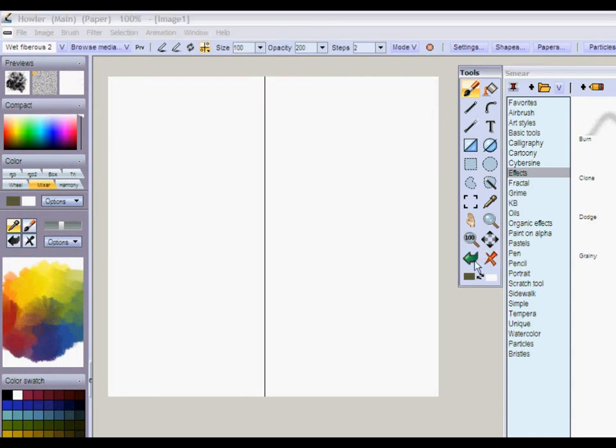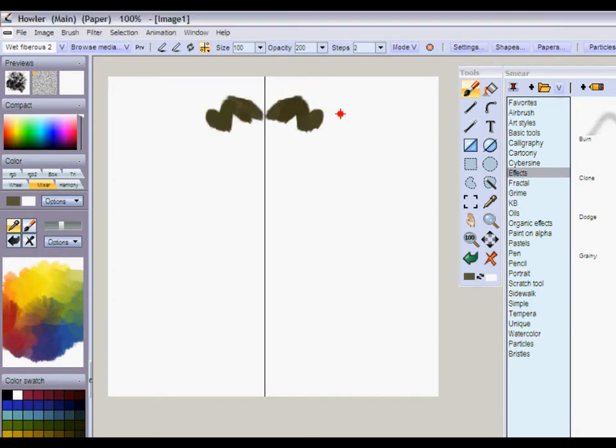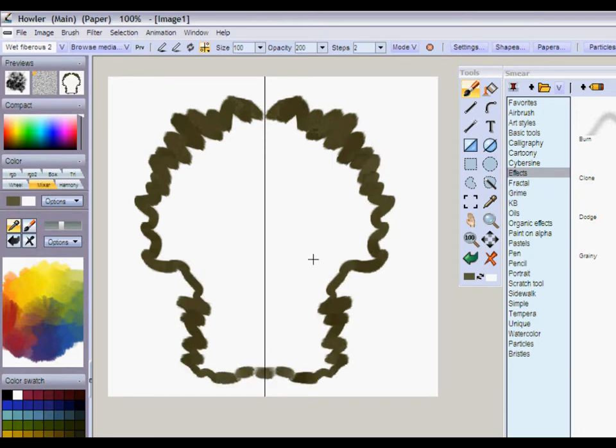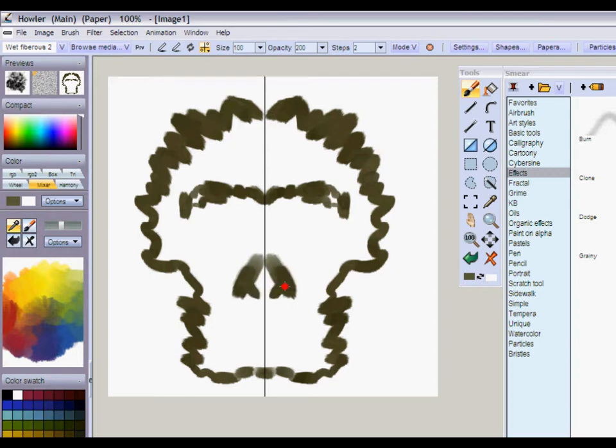Now let me clear this and show you a little bit more in detail what's happening, because this is pretty cool. You think, okay, so it's going to be a time saver, and as I'm drawing this, it's going to just make half of the picture for me. That is true to some extent, but there's more to it. The symmetry tool is not perfect, and that is by design or intentional. It's a great feature actually,